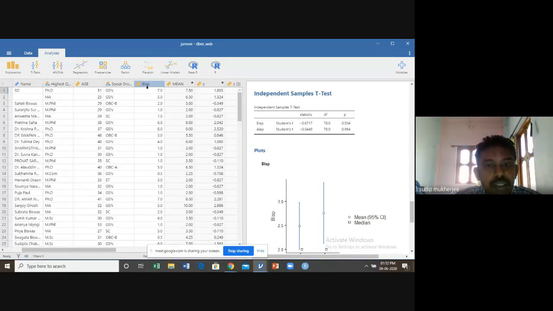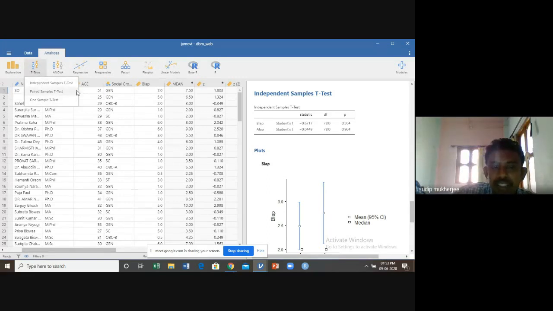In this case, we again try to test the means. Here we try to test the mean of the computer uses before lockdown and after lockdown. Now here the group is the same group, all 80 observations. When the group is the same and we try to compare the mean of the same group before and after, or pre and post situation, in that case we have to use the paired t statistic.